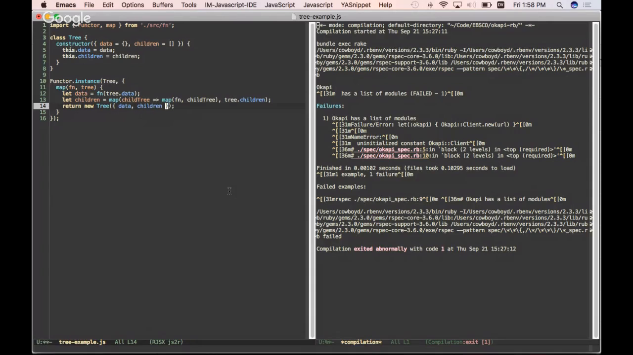Does that make sense? This is a recursive process because it's a tree, but we map ourselves, then we map the children, right? And the first thing that a child does is it maps itself. And then it maps its children, and it maps its children, and so on. Okay, so now we should be able to,